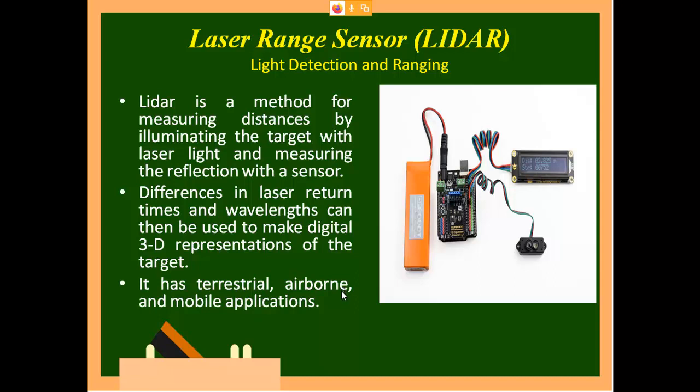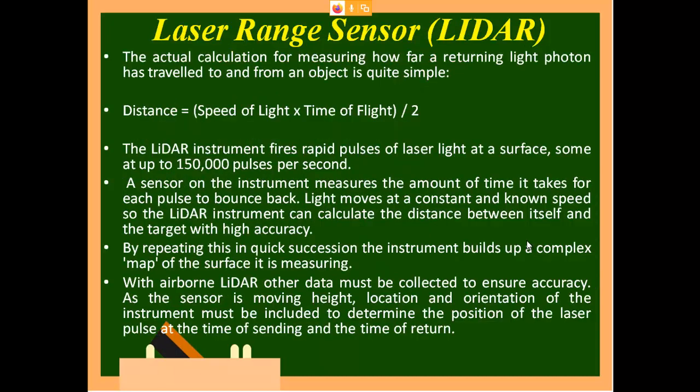And one more thing I can do with the help of this laser is that this entire unit can be kept on a motor and rotated through 360 degrees. For each and every degree you can send and receive. So now you can even draw a 3D diagram of any object. Distance is nothing but speed of light into time of flight divided by 2. So that gives you distance.